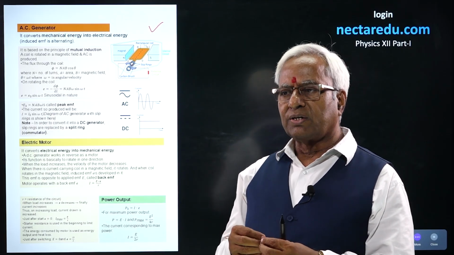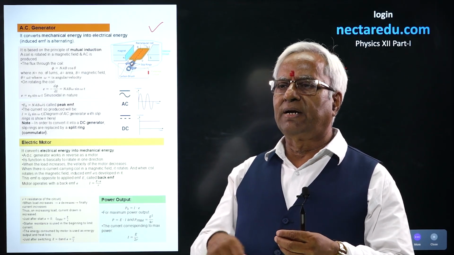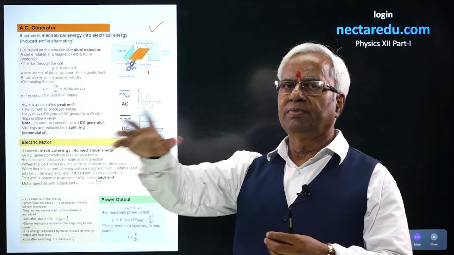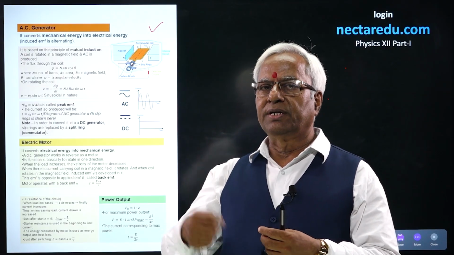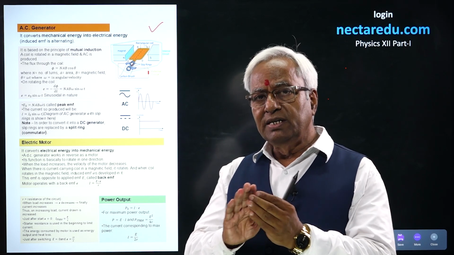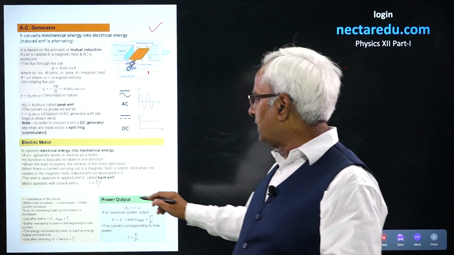So what we do first of all, we try to rotate the coil with some support, might be mechanical, by hand, or with the help of some machinery, but initially we just start rotating the coil, and as soon as the coil starts rotating, one EMF is induced that is opposite to the main EMF, which we know as back